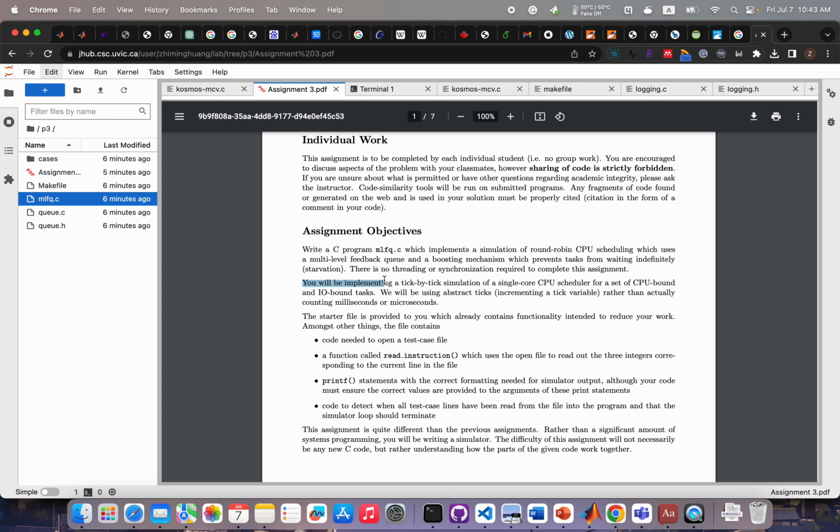And you will be implementing a tick-by-tick simulation. And instead of using actual milliseconds or microseconds, we will just use abstract ticks. So every time we just increment a tick variable,